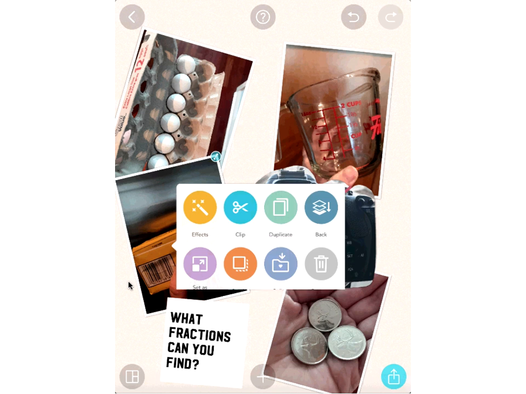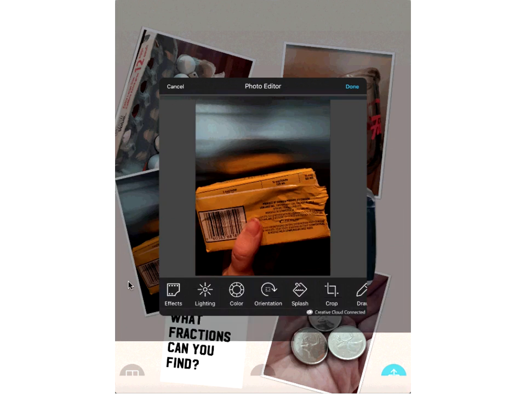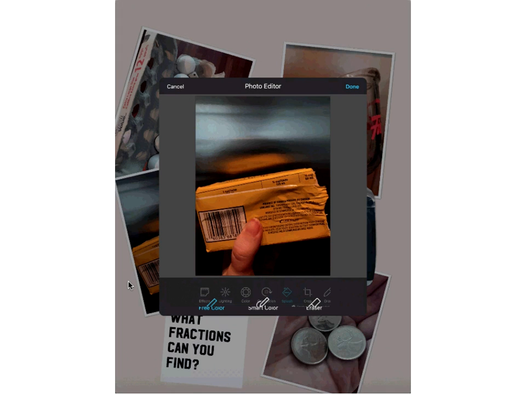Now with the butter, we're going to use a different effect. So I'm going to go into my effects. And one of the effects I really love is called Splash. Splash turns the whole picture black and white, and then you can just highlight the section that you want to highlight. So maybe I just want to highlight the top where it shows the fractions that are on top of the butter. Now if I apply that, I can still go back to my draw